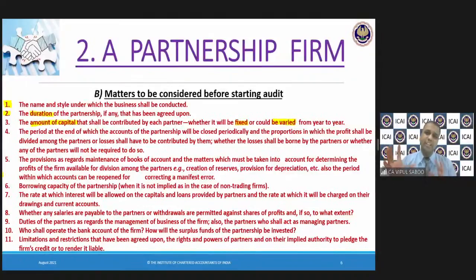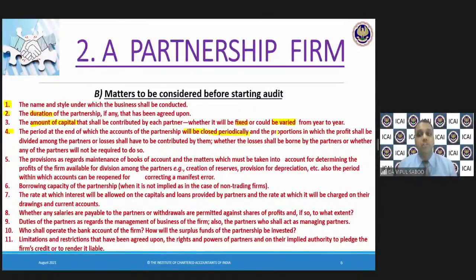So this is all written in the partnership deed. The amount of capital that should be contributed by each partner: whatever capital they are going to contribute, who is going to contribute how much capital. Suppose there is some silent partner, or a partner who lends his goodwill, his name, so he doesn't contribute any partnership capital. The period at the end of which the accounts of the partnership will be closed